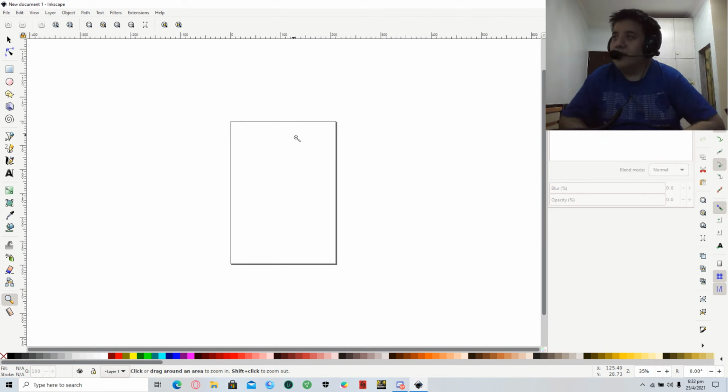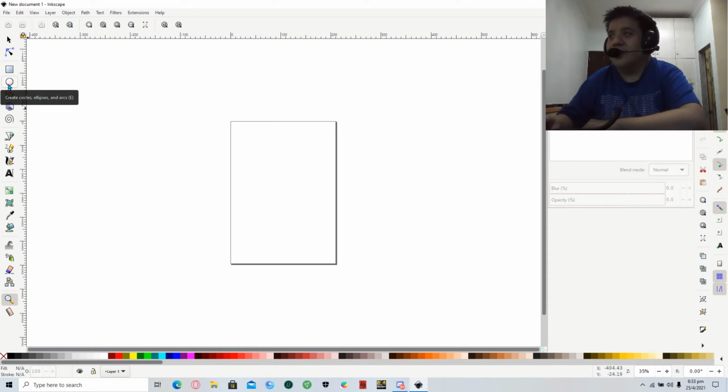Another thing you have to keep in mind, Inkscape also happens to be one of the only free software that actually supports quite a few Adobe things, maybe something very basic. But here is what I'm gonna do. I'm going to show you certain things from Inkscape that I think could be quite fun. But before that,